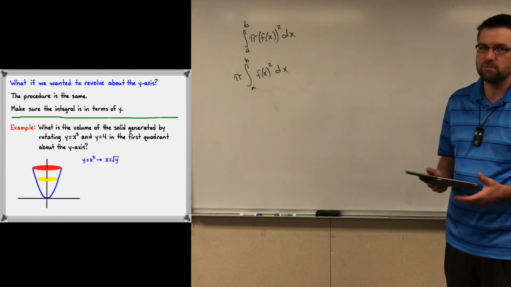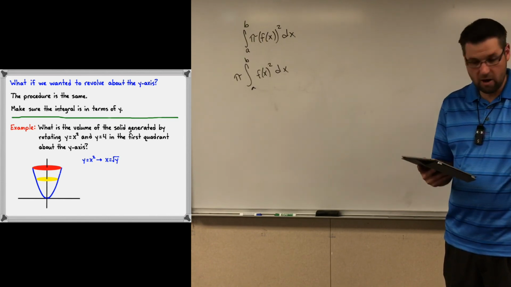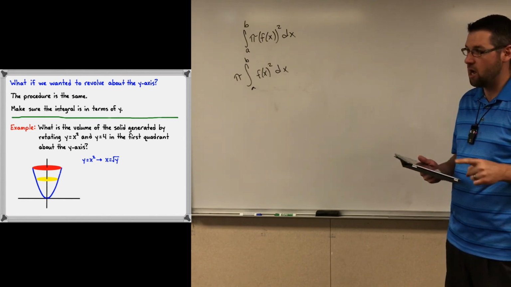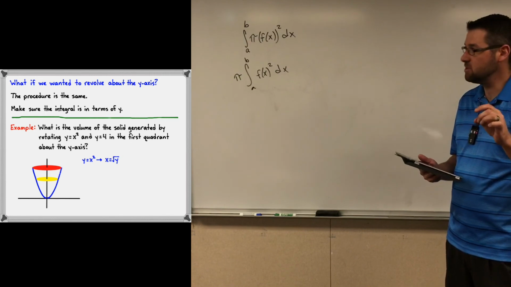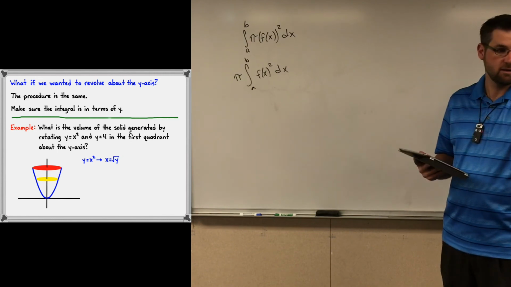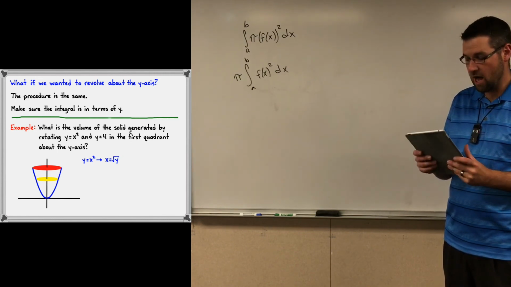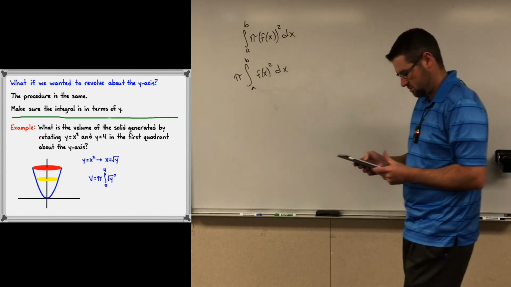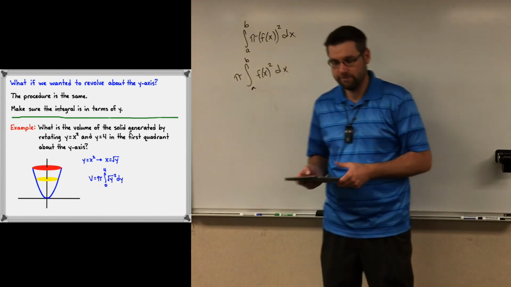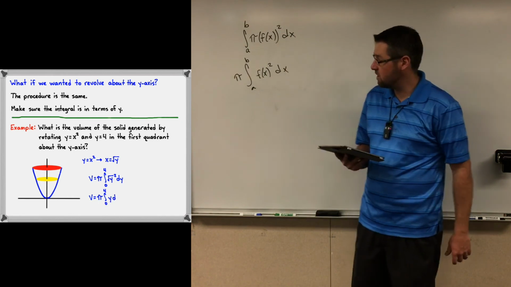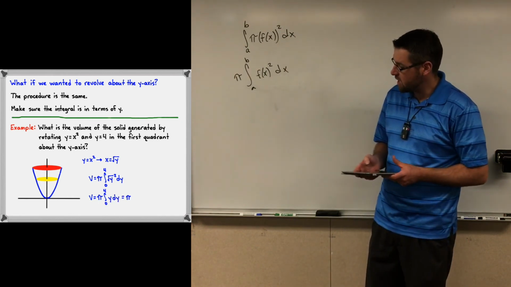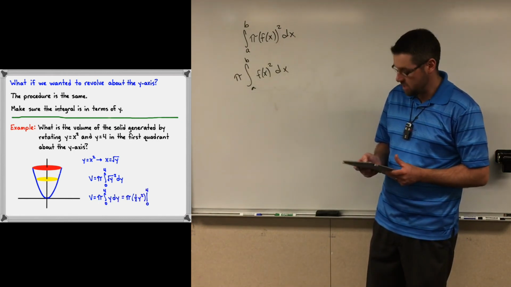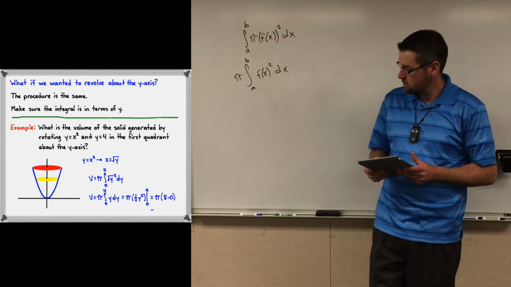So what's my equation? The integral from 0 to 4 of pi times rad y squared dy. That simplifies to what? Just the integrand will be y. And then you could do this analytically without a calculator by taking the antiderivative, plugging in, and getting your